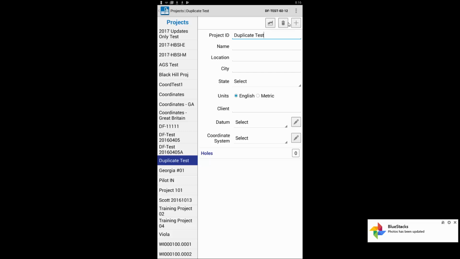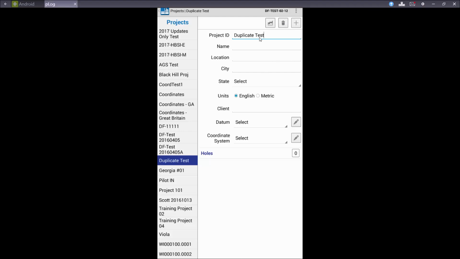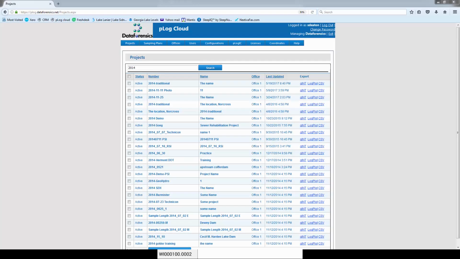Now, it's not a good idea to come in here and delete this project, create a new project that has the exact same project ID, and re-upload it. Because if you do, what you'll see is you'll get duplicate projects in pLog Cloud. And I even have an example of that I can show. So I've done exactly that